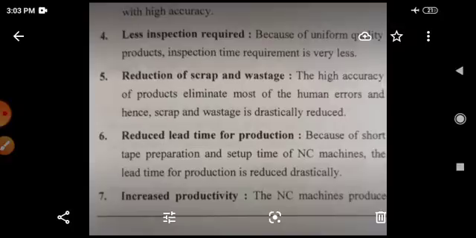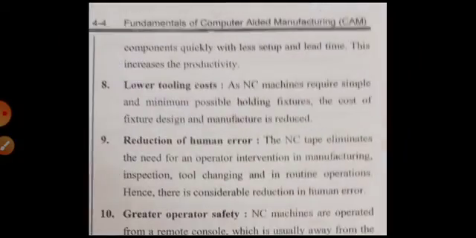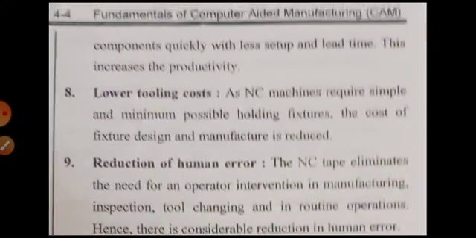And then increased productivity. The NC machine produces the component very quickly with less setup and lead time. This increases the productivity. Lower tooling cost, as the NC machine requires simple and minimum possible holding fixtures. The cost of fixture design and manufacture is reduced.